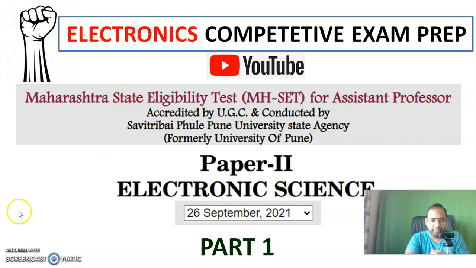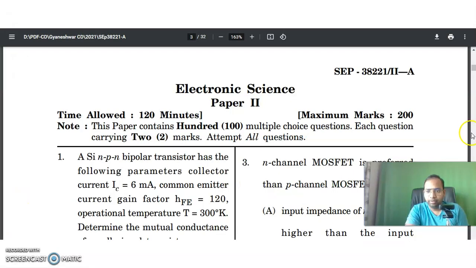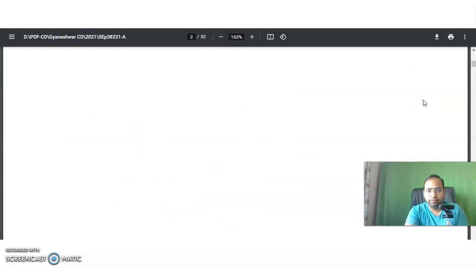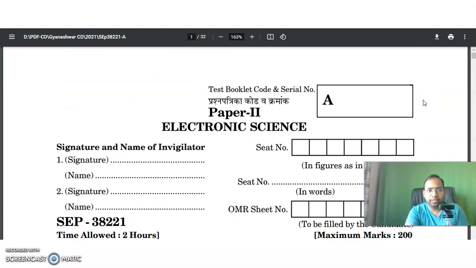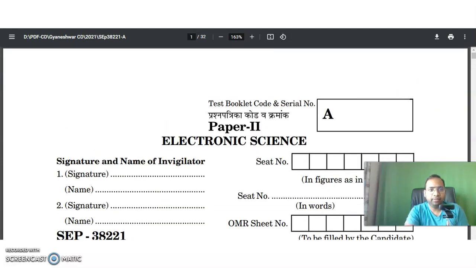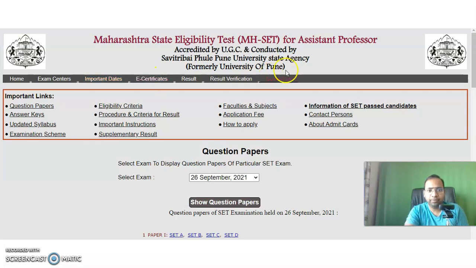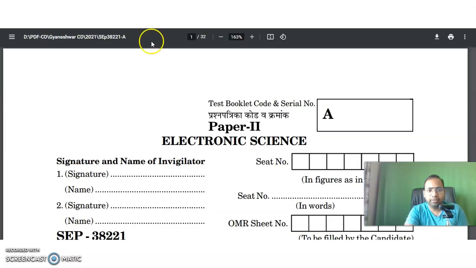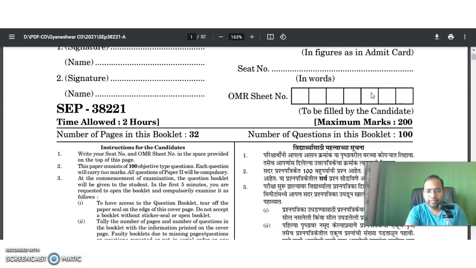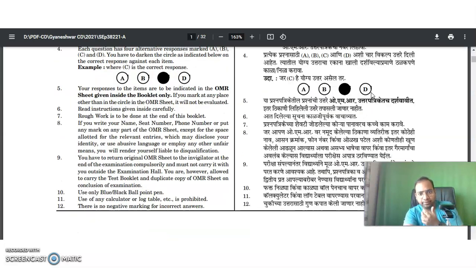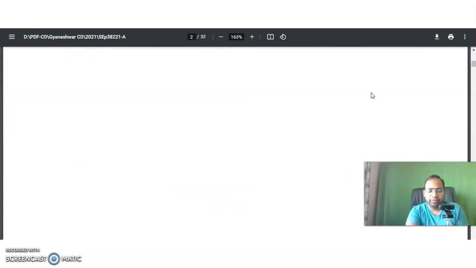Now, this is a question paper that I got from the official website of the Pune University. From this one, we will discuss a few of the questions, guys. So, coming to the first question,